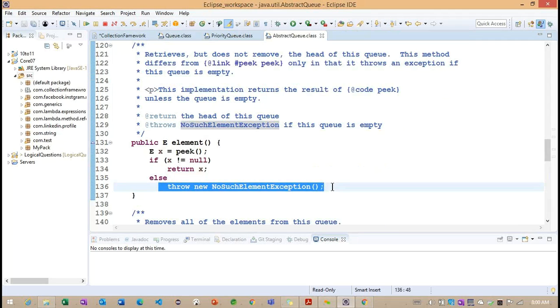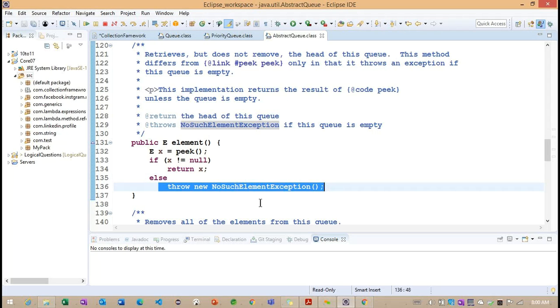Now you can see it is a runtime exception. How can we understand whether it is a runtime exception or a compile time exception? We already identified some exceptions when we discussed our exception handling mechanism. We define try catch blocks if it is a checked exception.